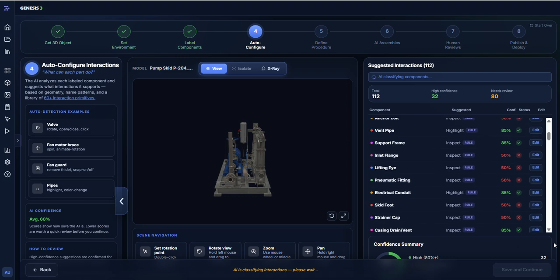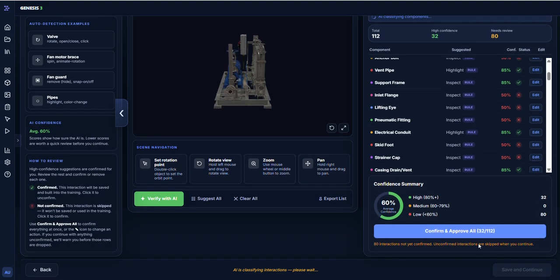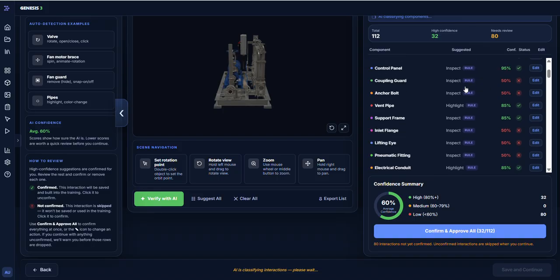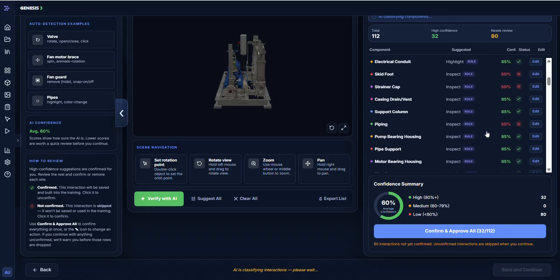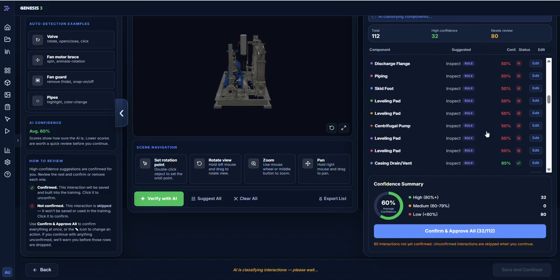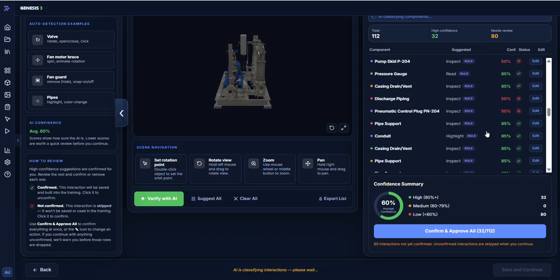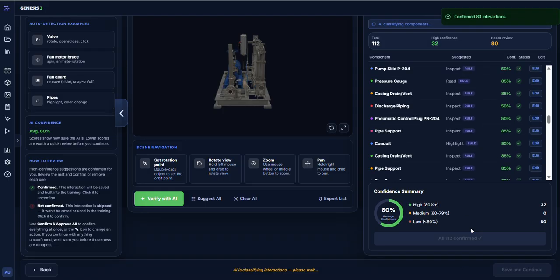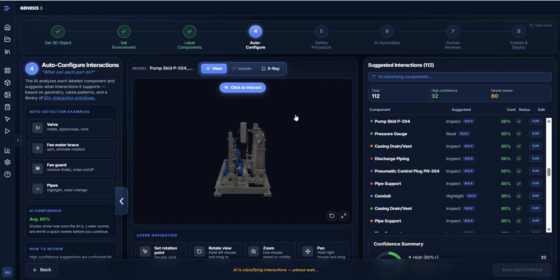But let's continue. The next step is to auto-configure, and this should go relatively quickly. Here we can see that the system has decided it has a high confidence level on the green ones. Again, if this was mission critical, I would go through and adjust. But for my purposes here, it looks good. I'm going to confirm. Remember, I'm not going to use all the couple of hundred components here at the end of the day. I'm only going to use basically the electrical panel, the water valve, and the pneumatic control part, since I'm doing the lockout tagout on those